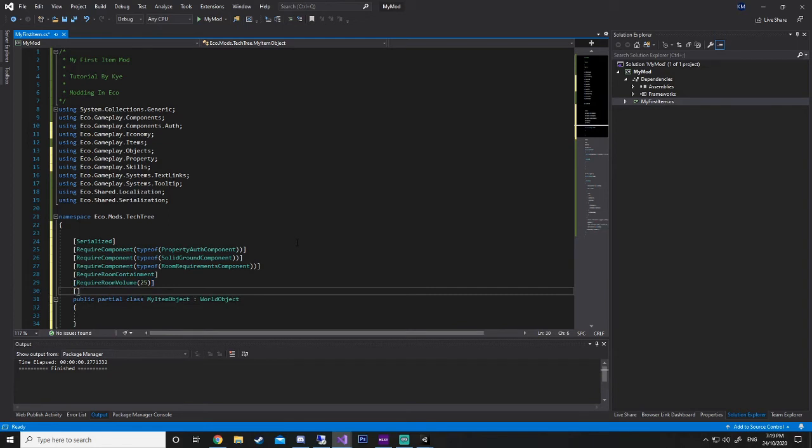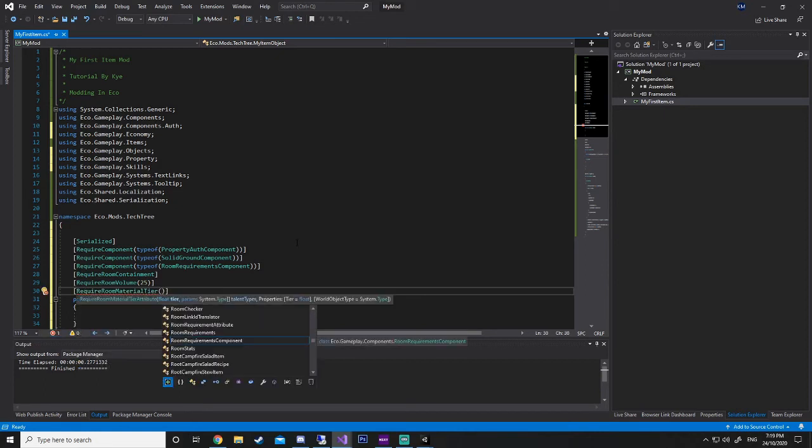And then we can add one more, which is RequireRoomMaterialTier. Now this has got a couple of optional parameters to it. The first one we're going to do is the room tier that it needs. So this will be it needs to be at least a tier 1 room for it to work. Now as I said, this stuff here is usually for work tables, workbenches. So the RequireRoomMaterialTier would probably be used on a crafting bench that you might make.